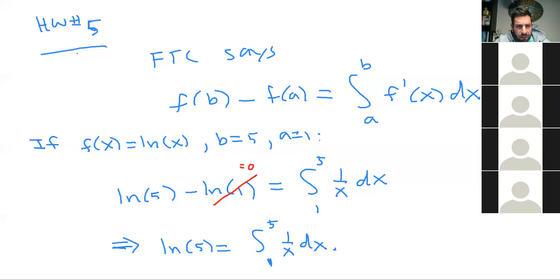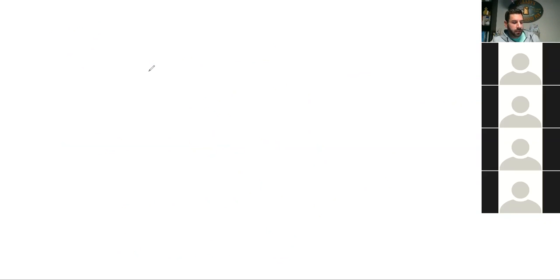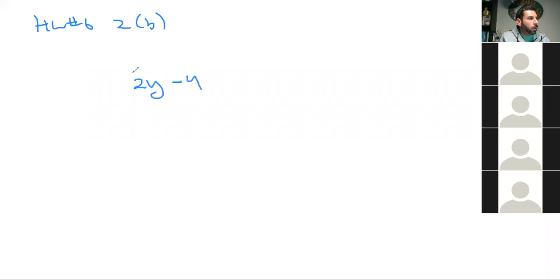We have, I think, because when you reduce it to get y's on one side, I don't know what you're seeing. Let me see. This is homework number 6, 2B? Yeah, so if you think about this, what you should have is 2y minus 4 dy equals 3x squared plus 4x minus 4